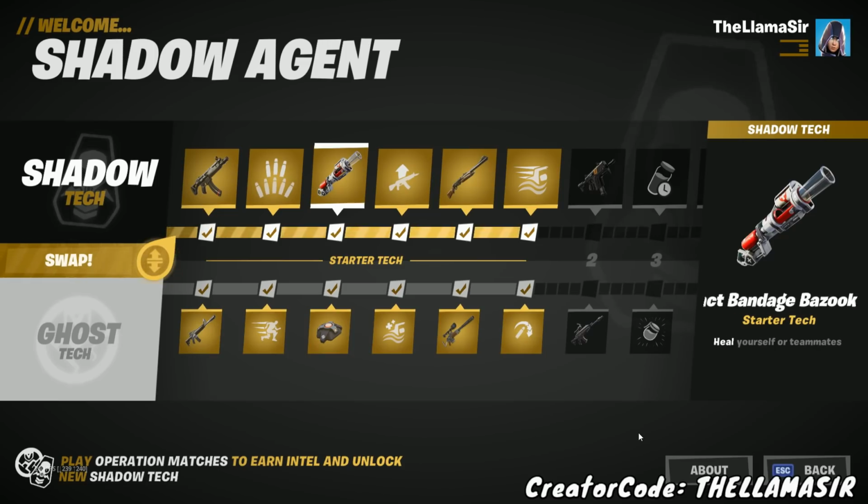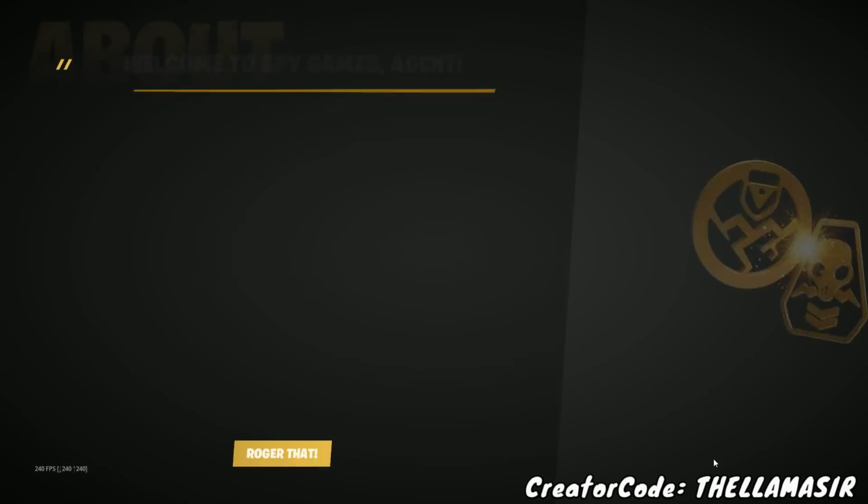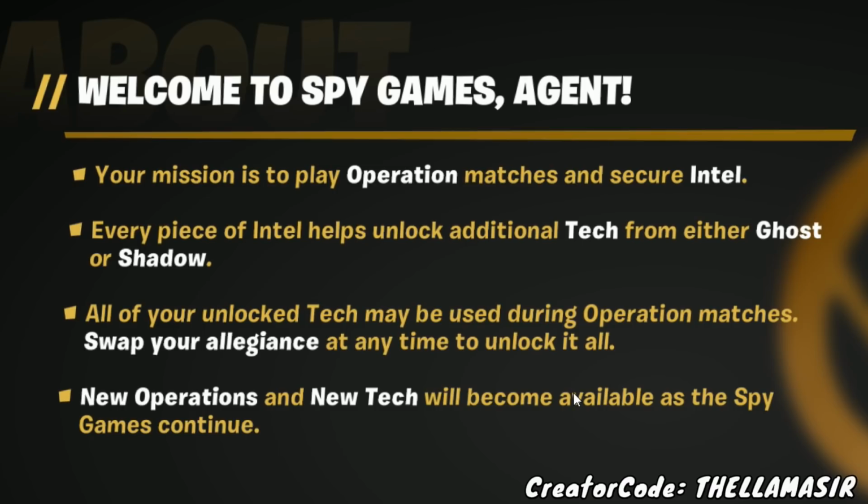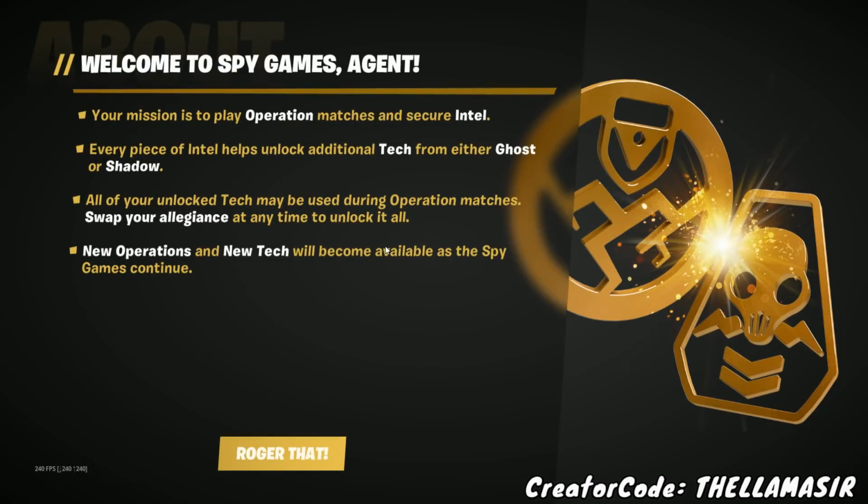There is a lot to take a look at here, but let's start off with the simple things and explain it as we go. And yeah, so first of all, let's talk about the About page. This is what you'll run into when you first open up the computer, and it does explain a lot. It first of all says, "Welcome to Spy Games Agent. Your mission is to play operation matches and secure intel. Every piece of intel helps unlock additional tech from either Ghost or Shadow,"